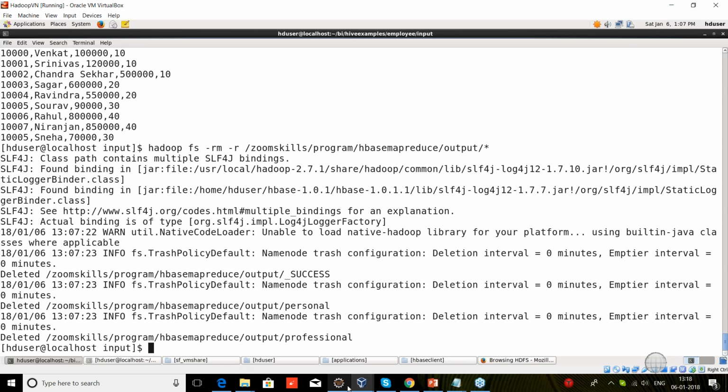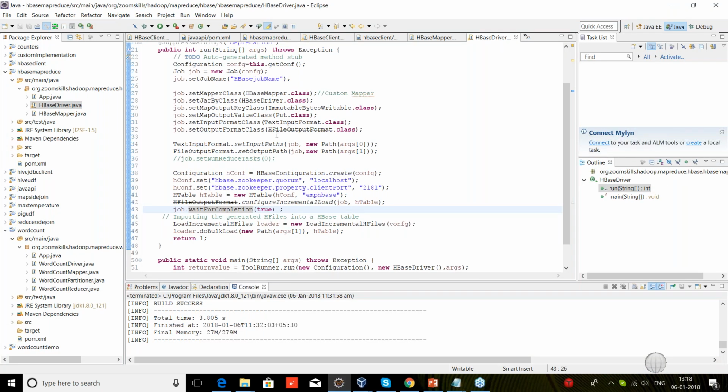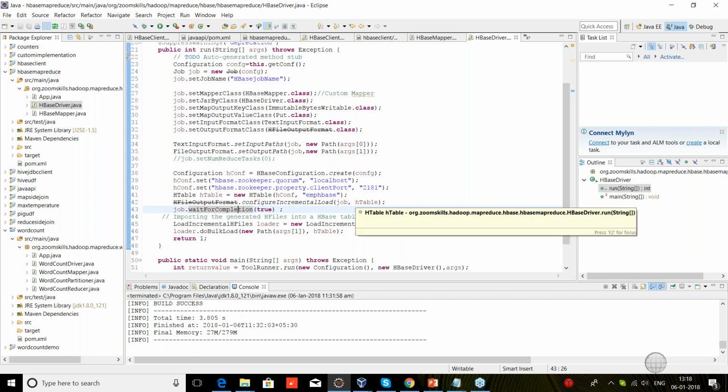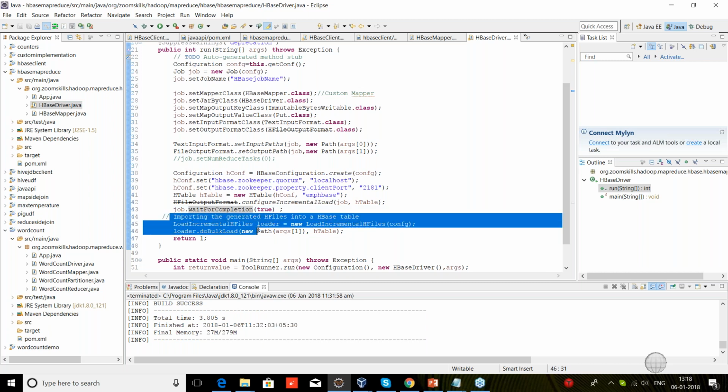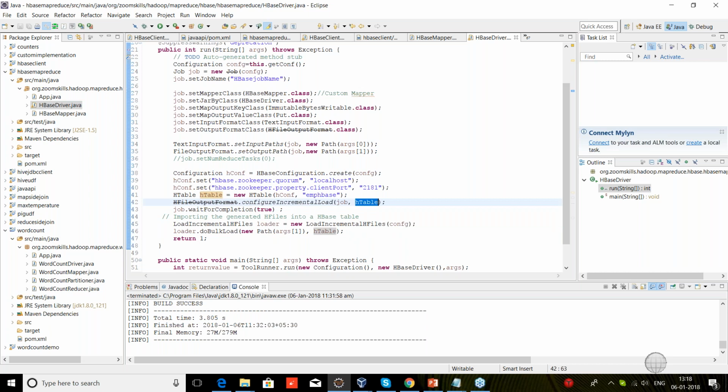We know about the input file. I think we have gone through everything. So basically, the only difference here is we are writing to an HFile output format, and we are giving a connection to the ZooKeeper, and we are loading this data in the format of an HTable, right? When you configure into the HTable, based on the HTable column families, the data will be stored in that specific format in HDFS, in our output path. Once it is stored in the output path, we just do a bulk load into HBase, because the way the data is organized is the way it should be for this table, which has two column families,